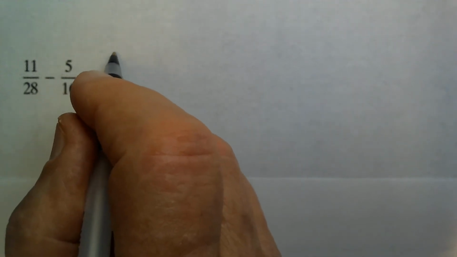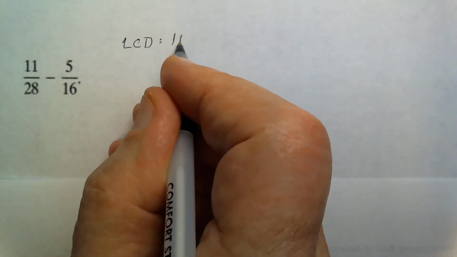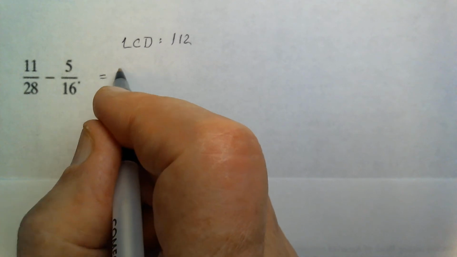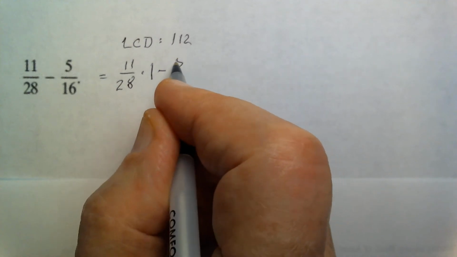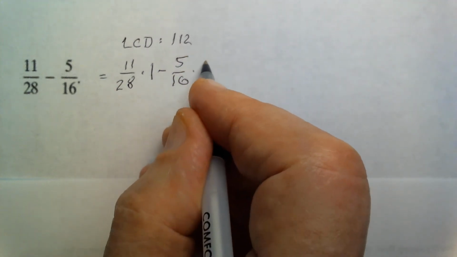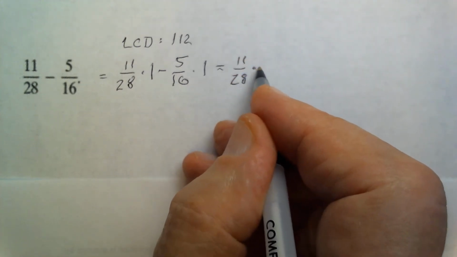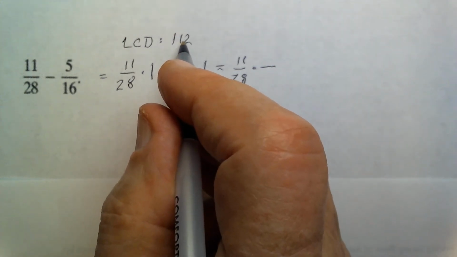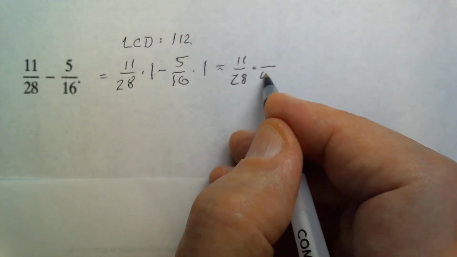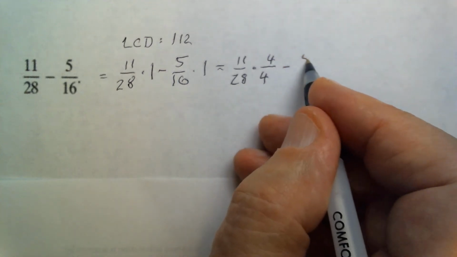For the next exercise, 11 divided by 28 minus 5 divided by 16. The LCD is equal to 112. So we write this then as 11 divided by 28 times 1 minus 5 divided by 16 times 1. So it's 11 divided by 28. And so to determine by what number we need to multiply 28, we divide 28 into 112, and that's equal to 4. So 4 divided by 4 replaces our 1, minus 5/16